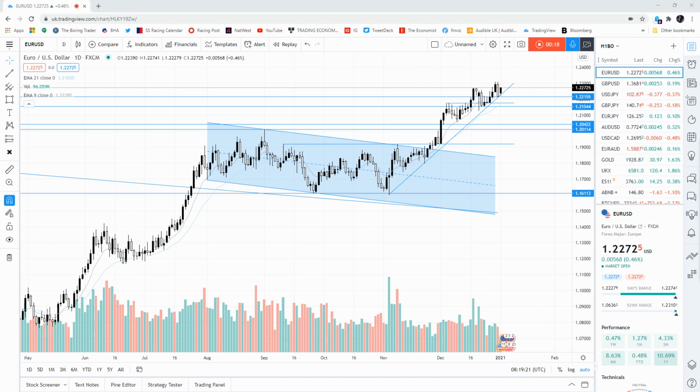Let's check out the daily price action on the daily candlesticks, starting with the euro. Let me just get my pen going. Yeah, euro's been in this uptrend since breaking out of this consolidation range. And as you can see throughout December, we've continued that trend, starting to test this trend line that's been respected as support. We put in this 2-bar reversal pattern towards the end of last week, but I'm not sure how